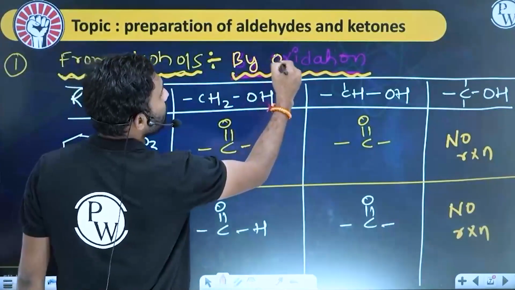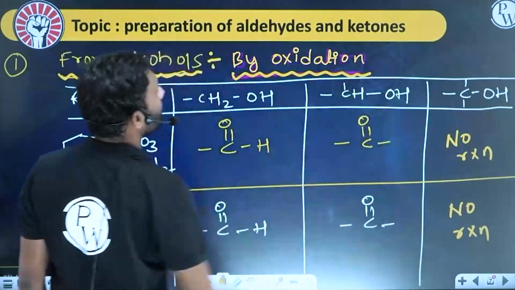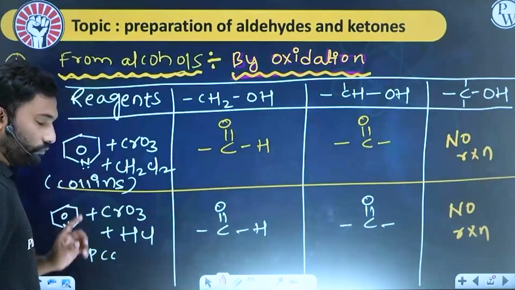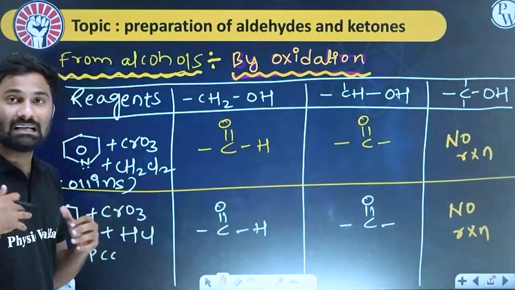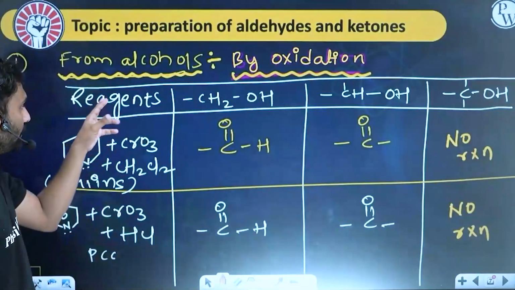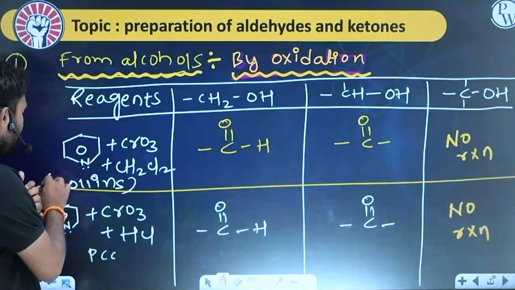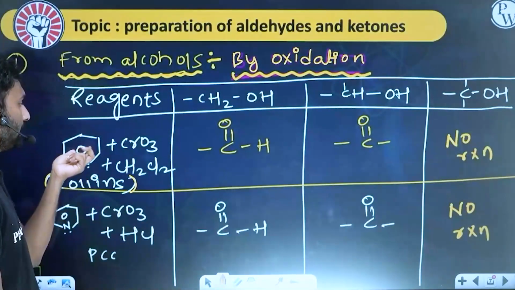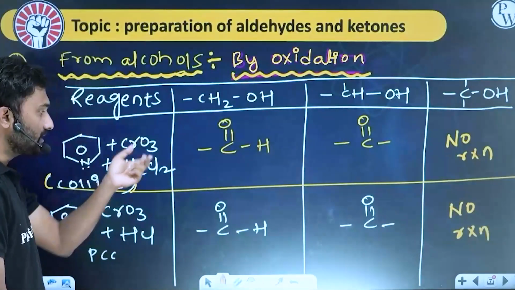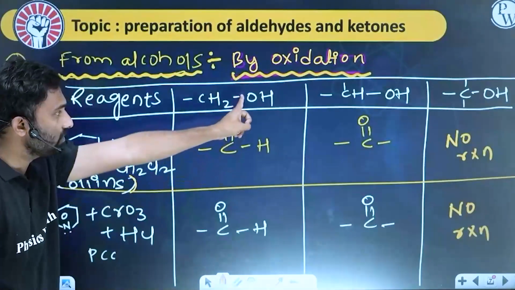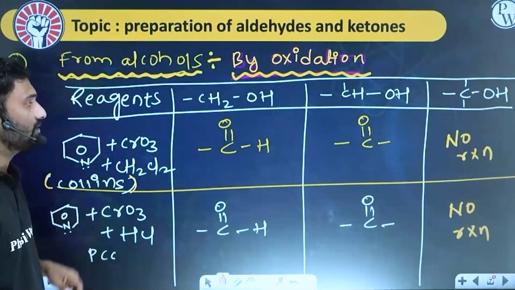This is by oxidation. By oxidation of alcohols. One thing, now this chart, if you remember it, you can attempt the answer very fast. Here, if the primary alcohol is given, and if they have given a Collins reagent, pyridine in the presence of CrO3 in CH2Cl2, and the reactant is a primary alcohol and the reagent is a Collins reagent, then directly it will